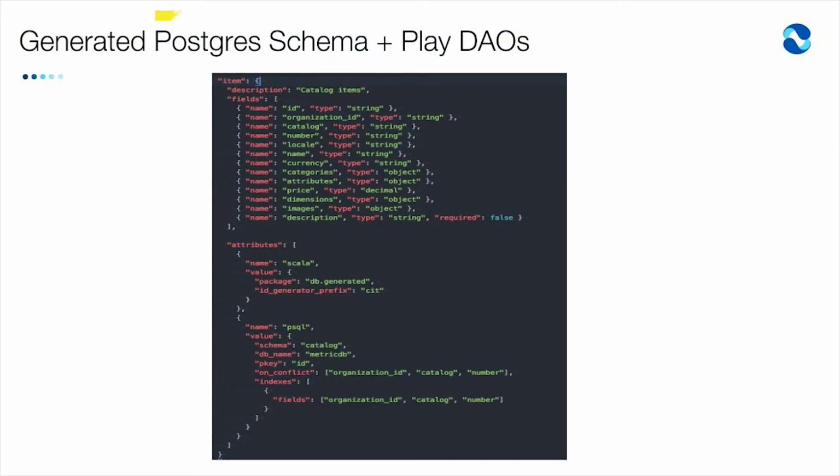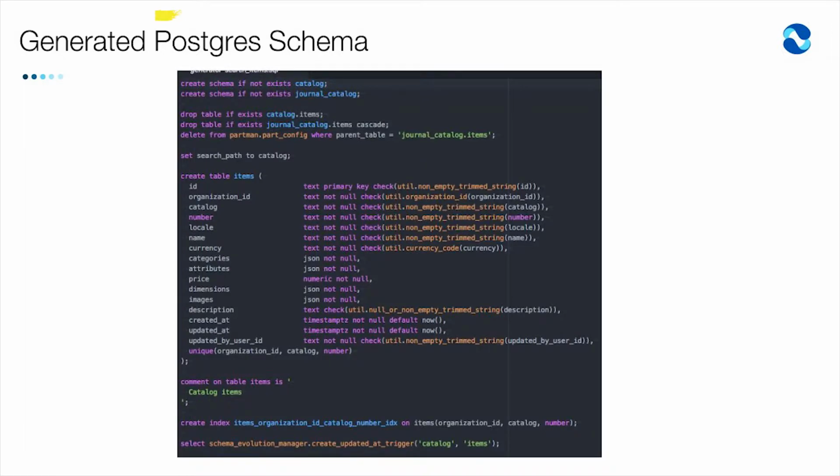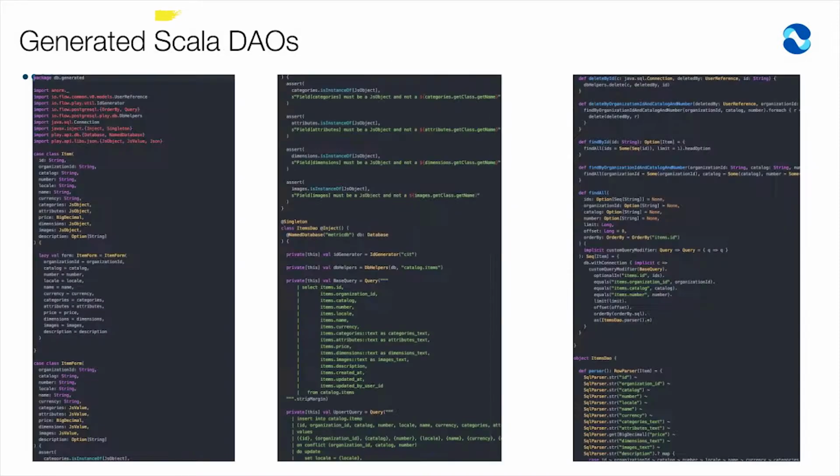And so we also generate a lot of the things that talk to the database now. Here's another thing where we use auto generation using the same API framework, where we're able to say, okay, here are the columns in my items table, and here's some meta information about what I want to generate. And then it generates a Postgres schema and Scala DAOs. A lot of this we found at the start, we were just copying and pasting everything, so it was just better to come up with a generator to do that, and everything looks consistent across